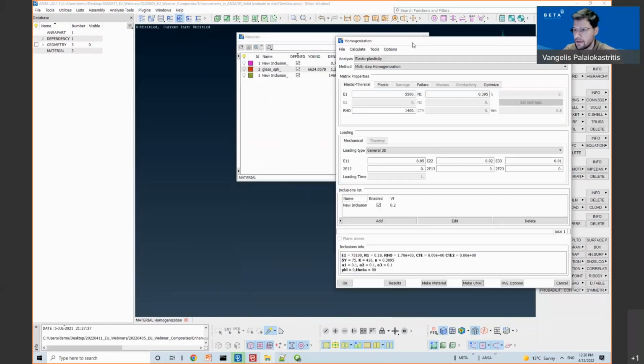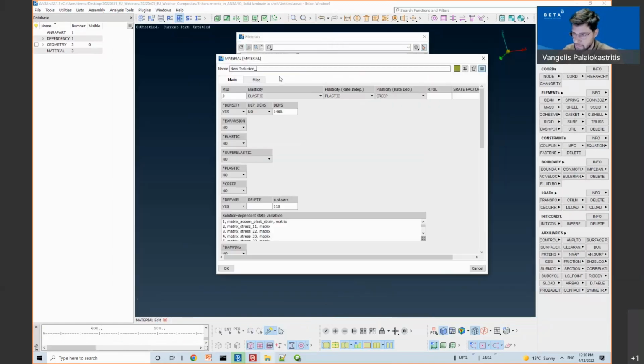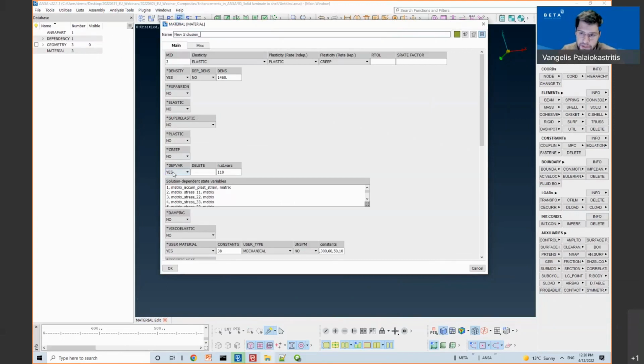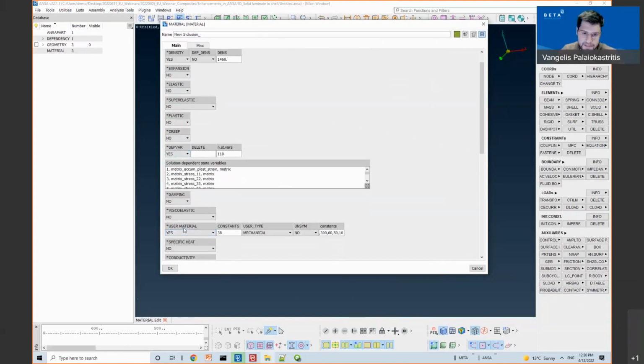So by pressing make UMAT, it creates the corresponding depvar and user material keywords that are needed for the subroutines. So the constants that are given to the subroutines are actually the settings of the homogenization tool.